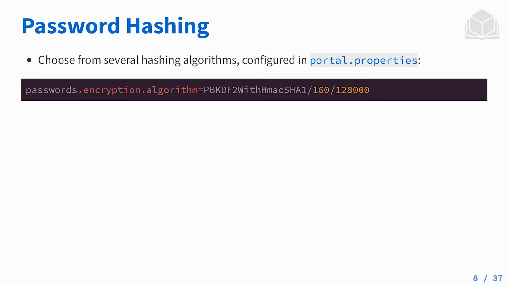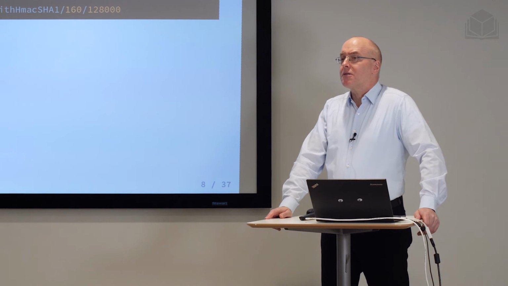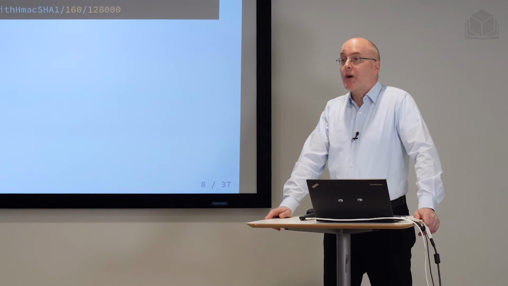Password hashing, I think we beat that horse to death. And here it is. This is what I never can remember. PBKDF2 with HMAC SHA1 160 128,000. So our default password configuration is we have password-based key derivation function 2 with what does HMAC stand for? Whatever, using SHA1 hash,